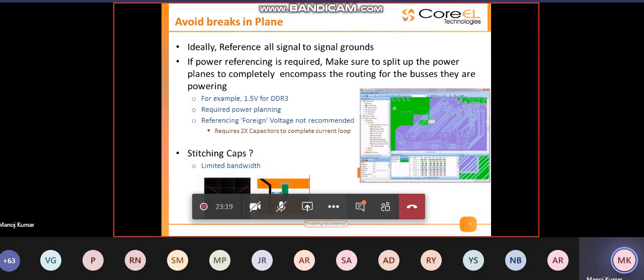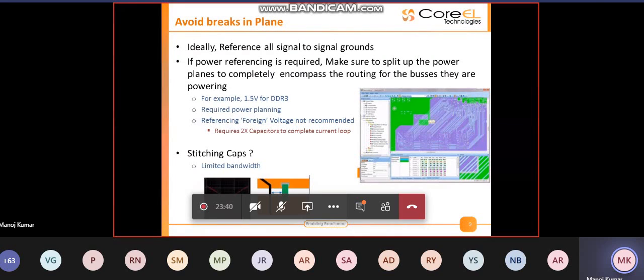Okay, so this can be one solution where you have the flexibility of adding power planes and references to your design, and if not, then one would need to do better power planning in order to come up with such challenges.